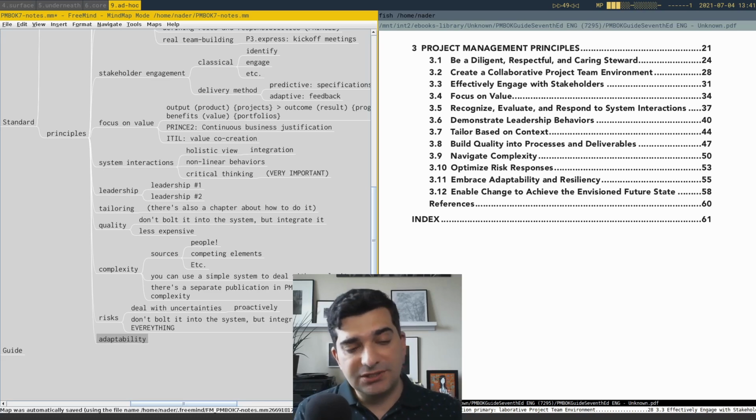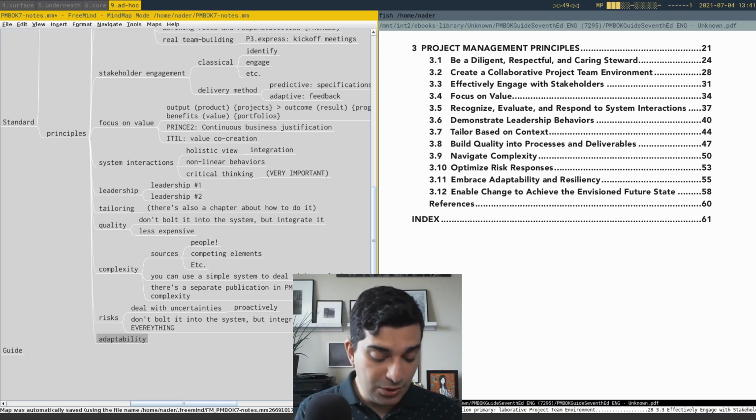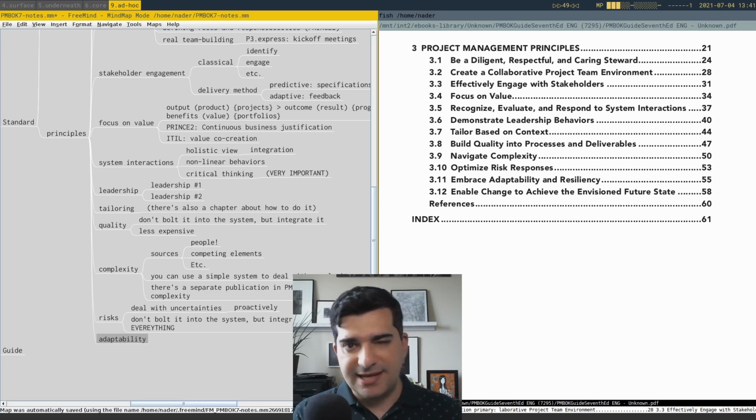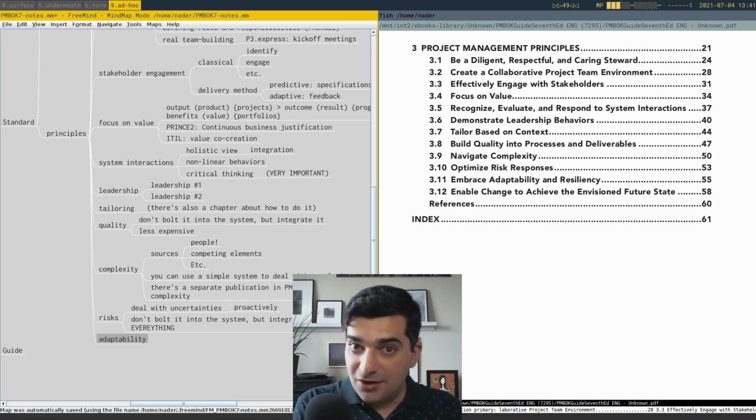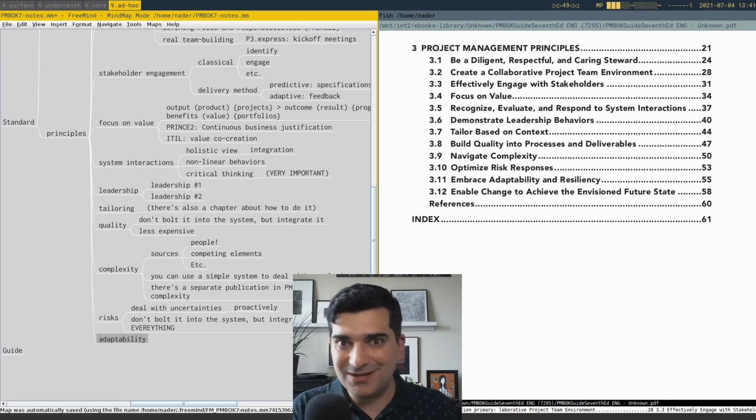I've seen the question. Some people think that the new version of the PMBOK guide is more leaning toward agile projects. That's not exactly right. The fact is that the previous versions of the PMBOK guide were more leaning toward predictive systems. And it's not so easy to create a process-based system that is compatible with both predictive and adaptive systems. And that's the other reason we decided to have a principle-based system, because it's a lot easier to adapt it